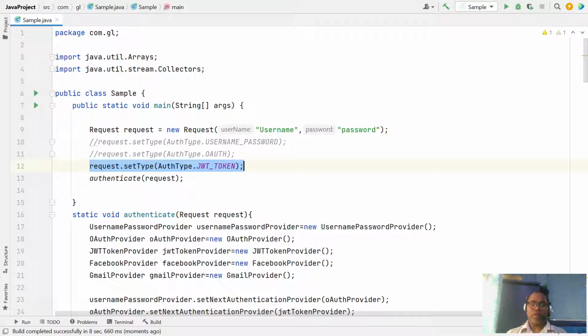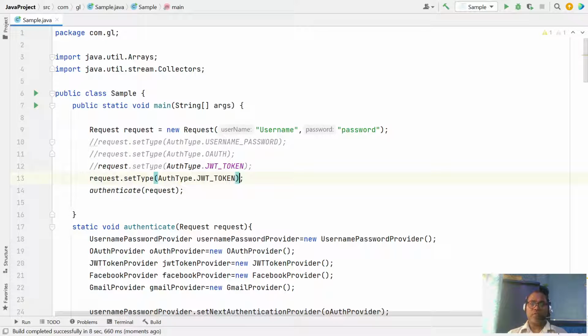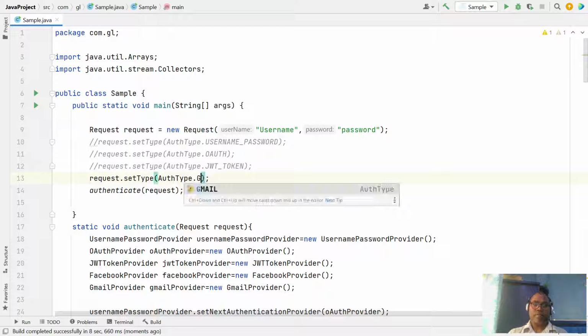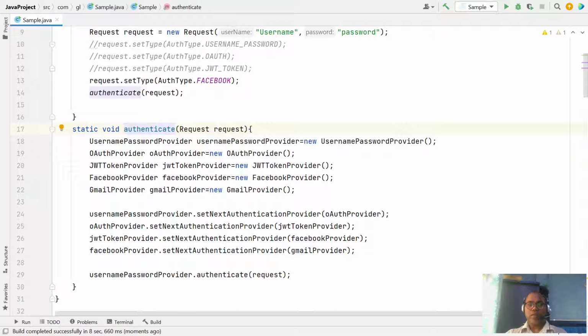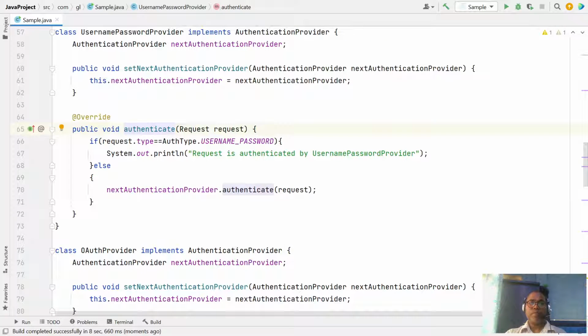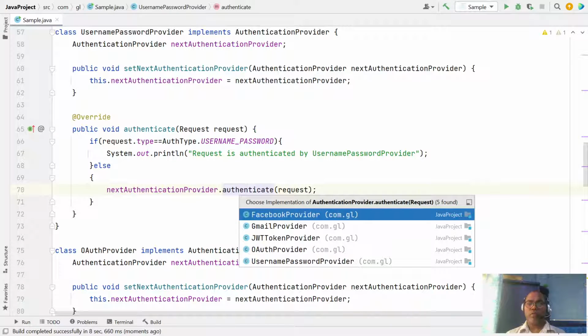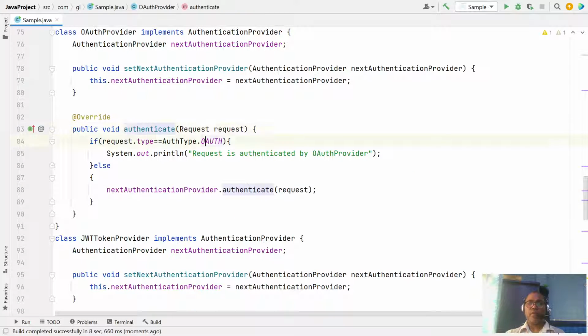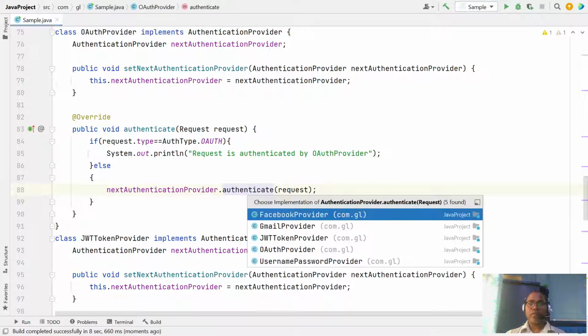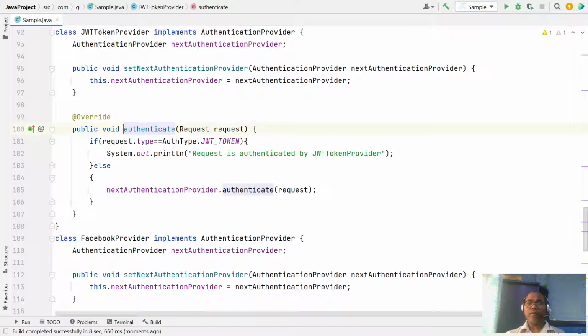Again, we have a Facebook provider. So what happens when we authenticate with username password? They go inside, and here if this is not username password, this is Facebook, so it forwards to the next authentication. As per the sequence, OAuth says I am not able to handle this, forward to the next, go to the JWT.